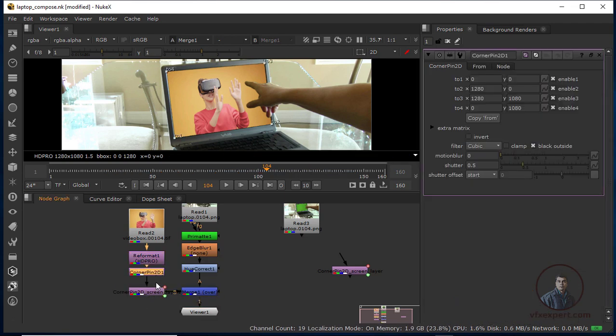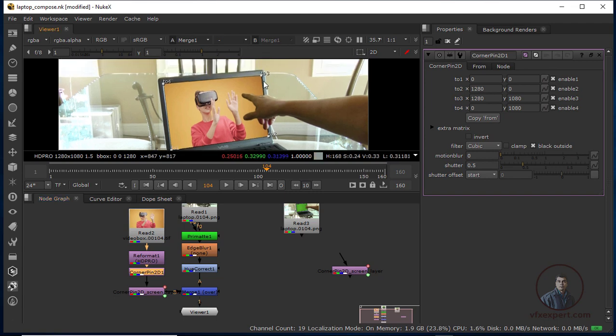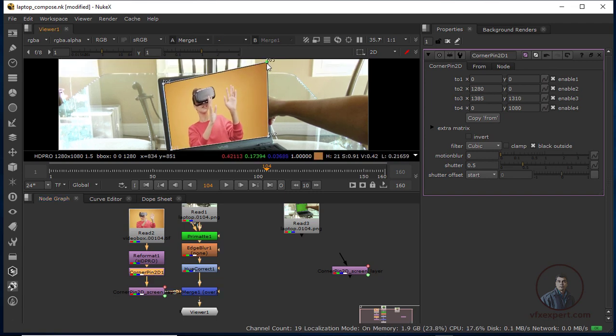Now this is optional. In future, if you want to adjust this screen's perspective, you can simply adjust it with the help of this corner pinning. Now see, double click. Now if you want to see, then see. So with the help of this corner pinning you can adjust your footage in Nuke also.